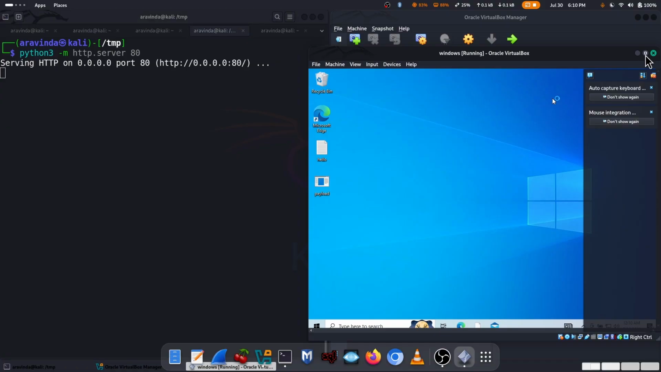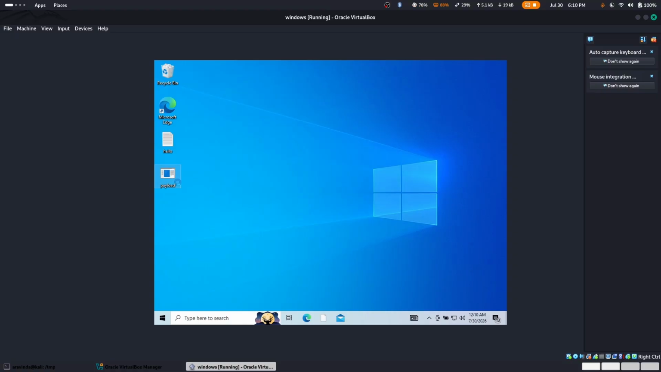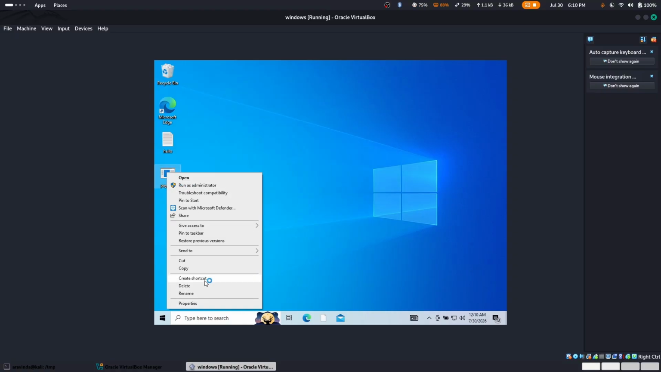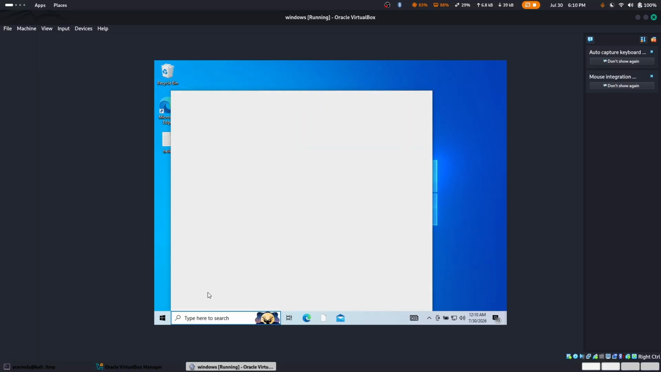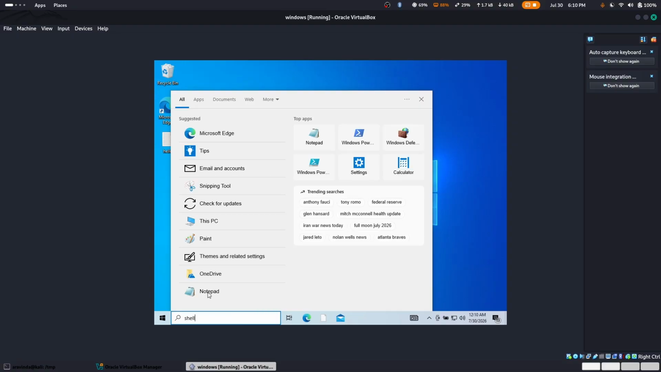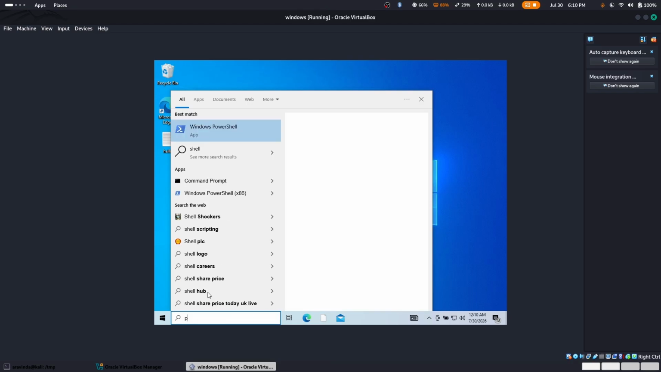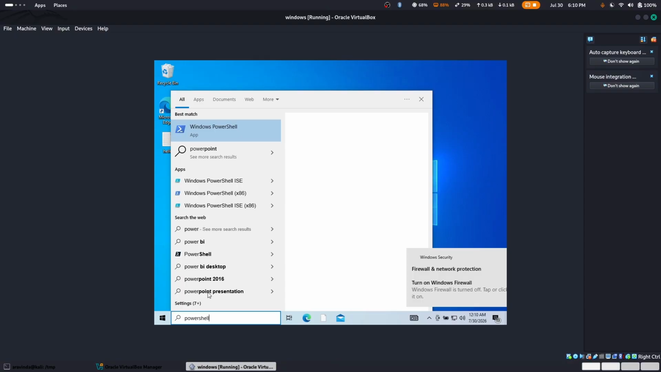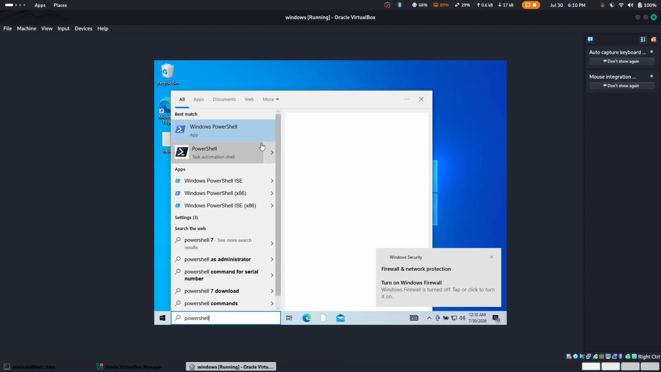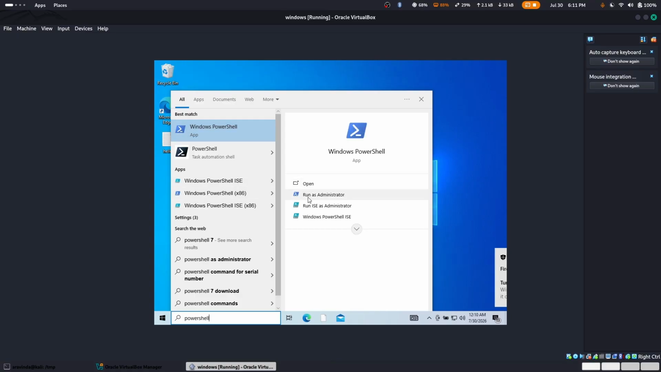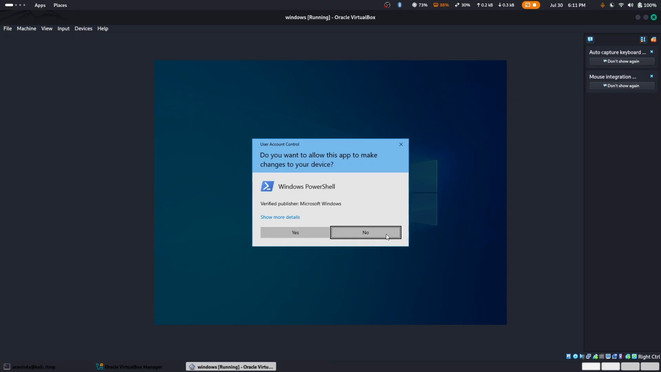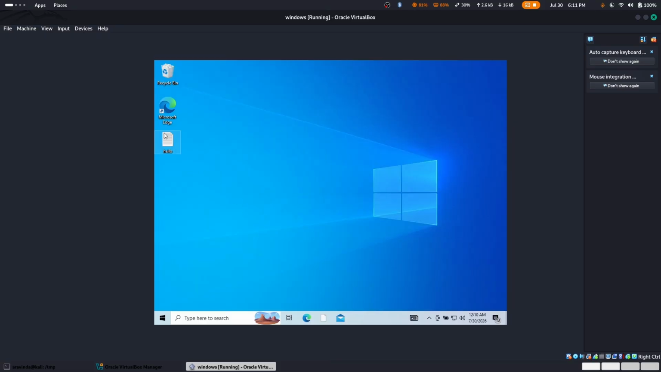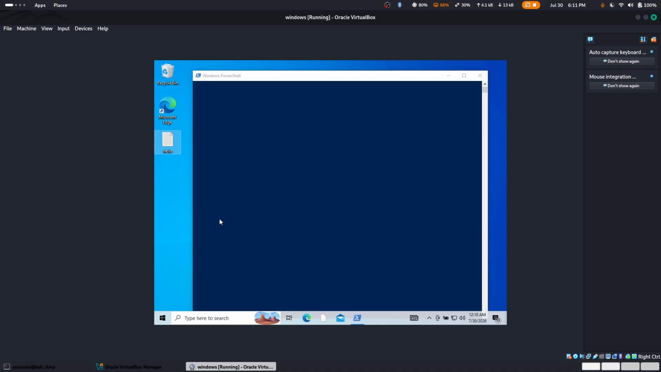And let's go to this particular machine. So I have transferred payload.exe. Let's try to delete it. Yes. And let's open up PowerShell. So an administrator PowerShell, run as administrator, and so let's go to PowerShell and run as administrator. You'll get a UAC, which is a user access control prompt, and click on yes on that prompt, and